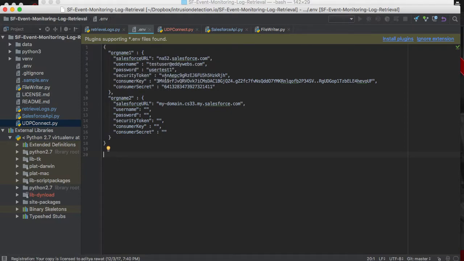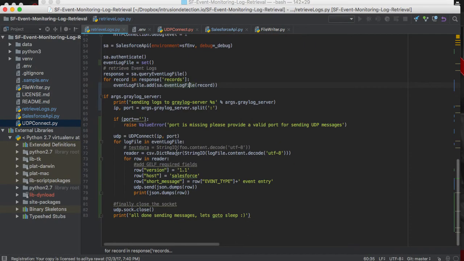These are the credentials for my Salesforce login. Basically, it logs into Salesforce, consumes all the logs, and this is where all the massaging happens. The log files are essentially CSV files, so those CSV files are massaged into a JSON